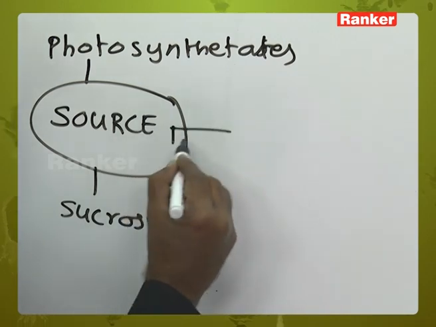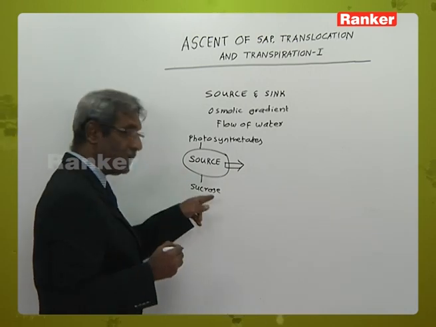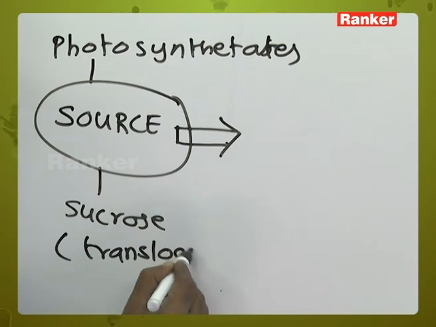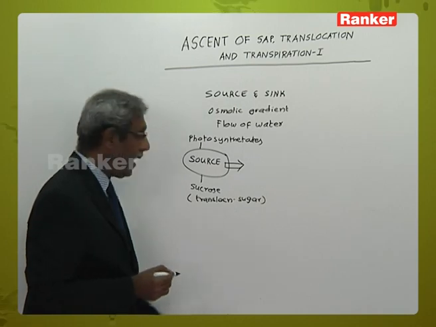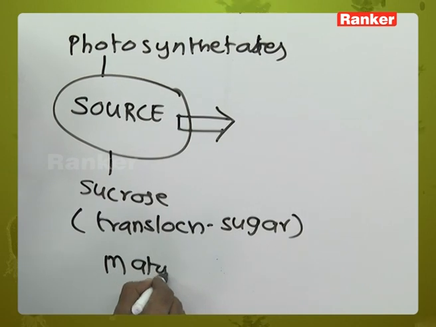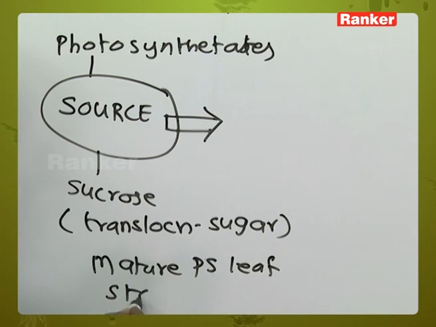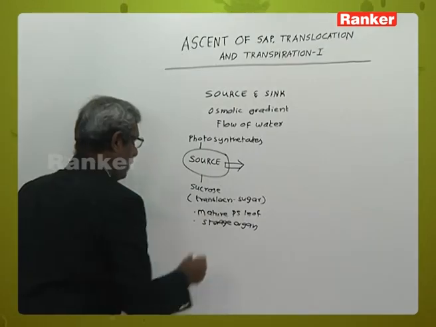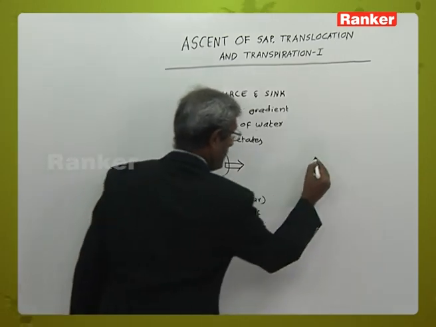And again it can always lead to transport out. So sucrose is termed as a translocable sugar. And an example of this is a mature leaf, a mature photosynthesizing leaf, or even a storage organ. So the place of manufacture is primarily termed as source, whereas when you come to the sink,